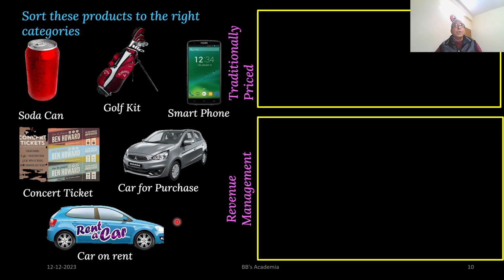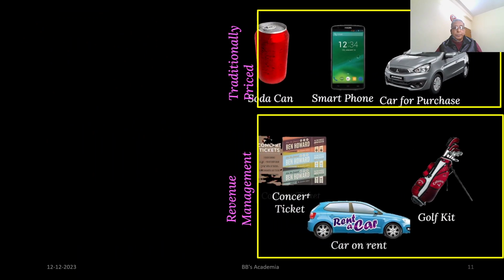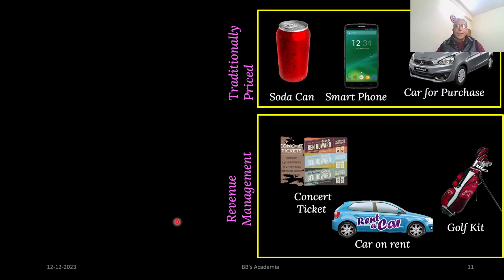Okay, now let us see which are those. You can see that soda can, smartphone, car for purchase, these are all having fixed price. Depending upon the demand, the price is not changing. Whereas in case of concert ticket, rent a car, golf kit, we are already experienced with this,